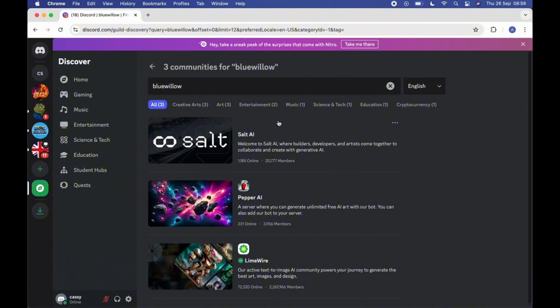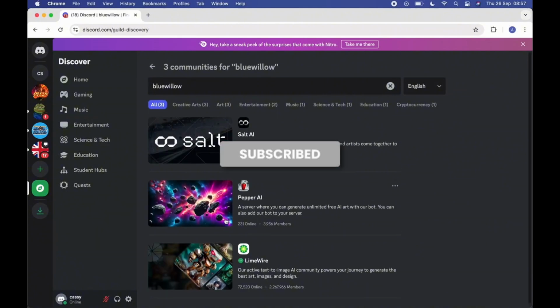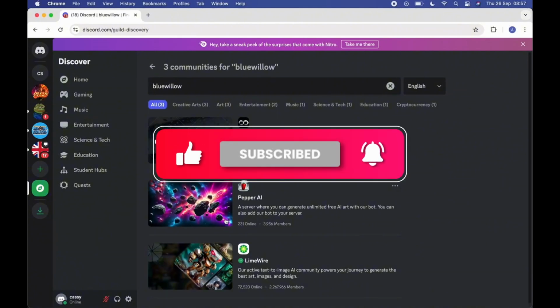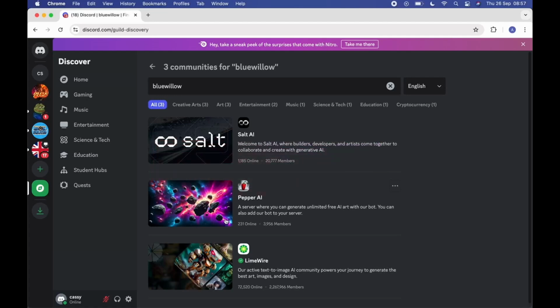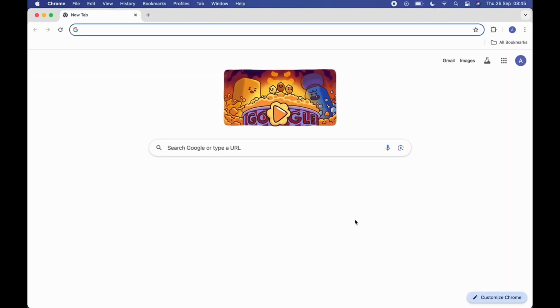Now, if it is available in your country or region, then you will see the Blue Willow option over here. If it is not available, then you have to purchase it. But if you see any Blue Willow option, then simply hit on that and there you can use Midjourney for